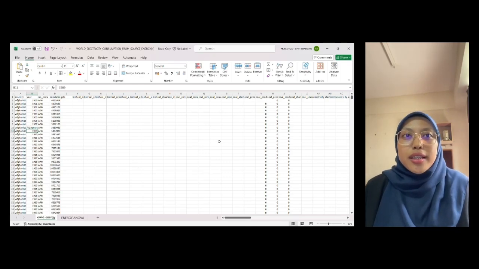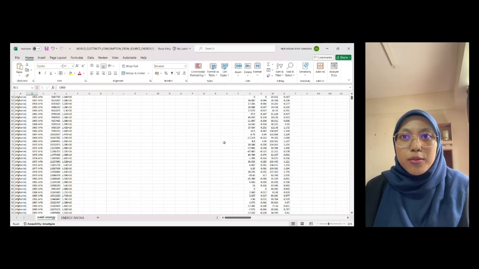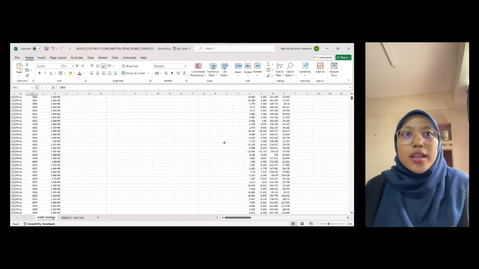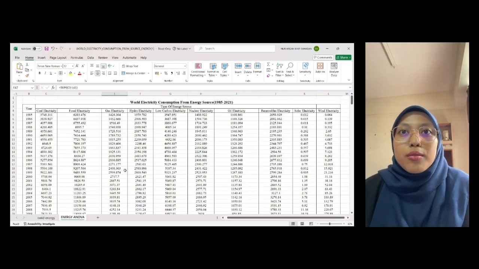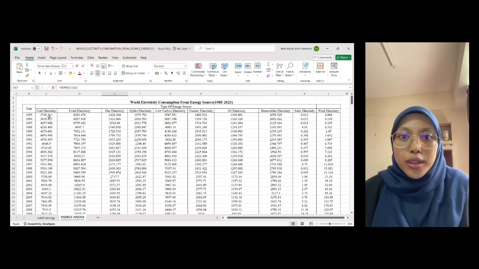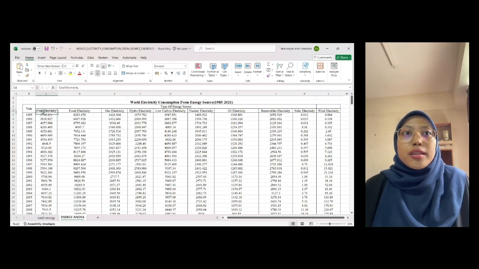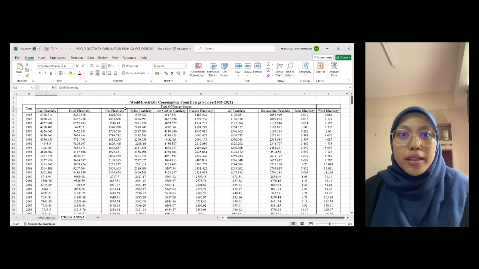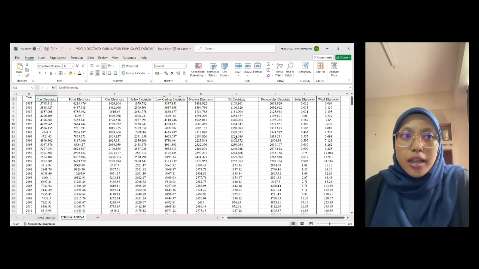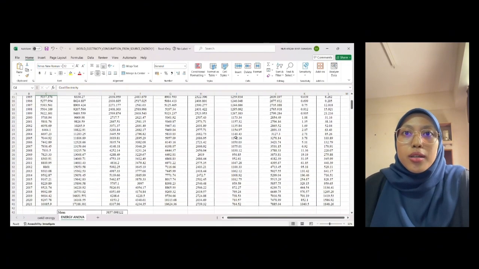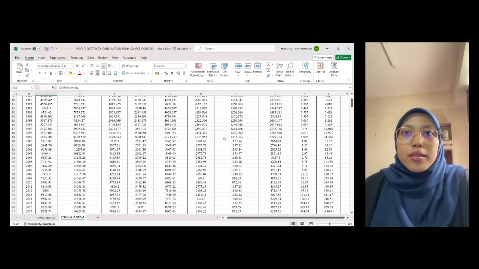As we can see, this is the raw data that has been collected from the Kaggle website. It's about electricity consumption by energy source. We decided to take only 37 years, from 1985 to 2021. The data shows 10 different types of energy source, and 370 samples were collected, and after